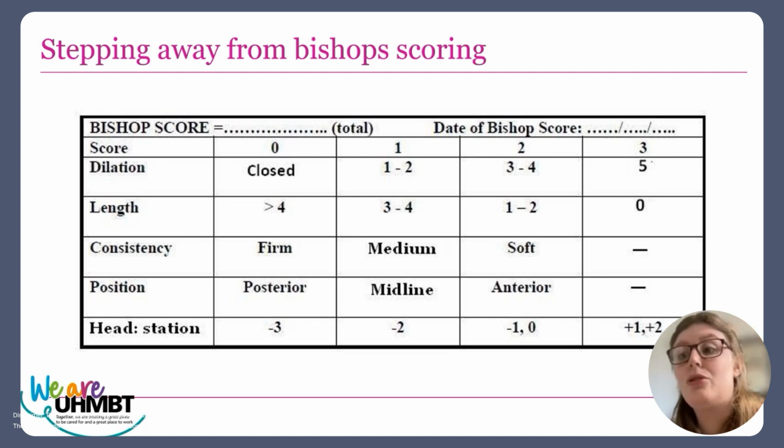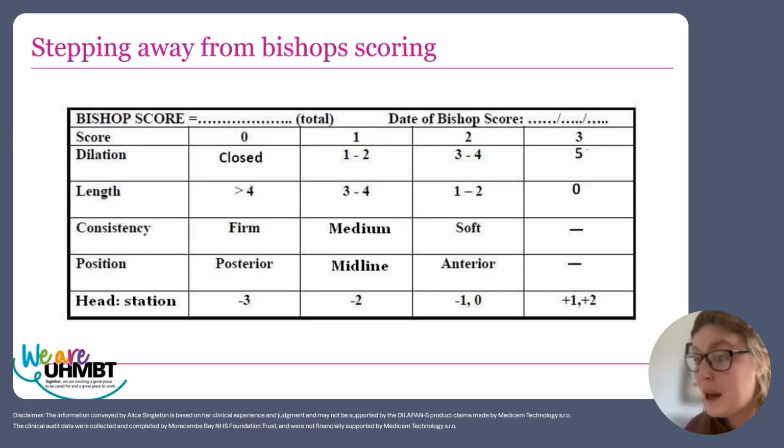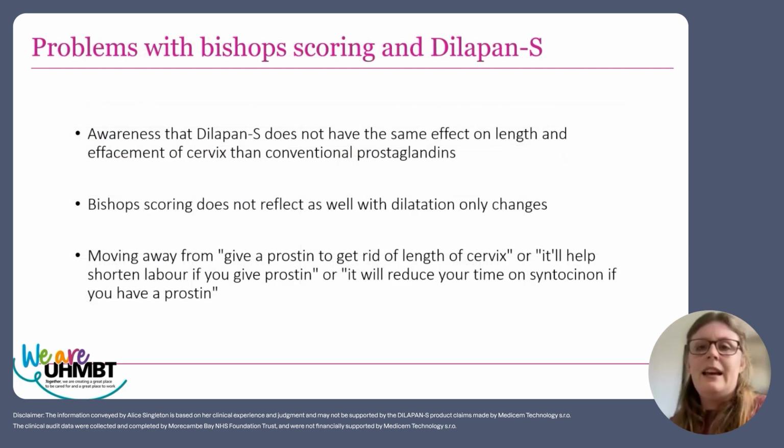So they tend to score lower in those, which brings the overall score further down, which would then indicate that they possibly weren't ARMable when they actually are, because they're not going to get rid of the length, so that part of the score is not going to improve, if that makes sense. Next slide, please. So it's that awareness that Dilapan doesn't have that effect than conventional prostaglandins,